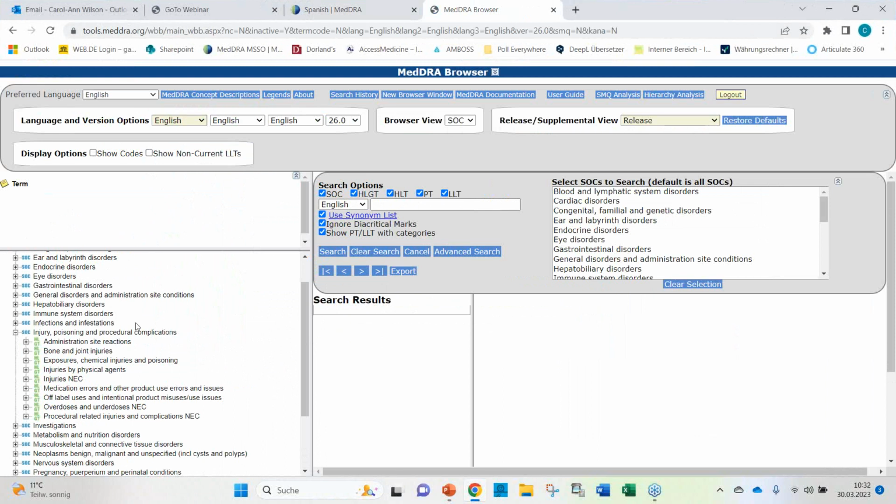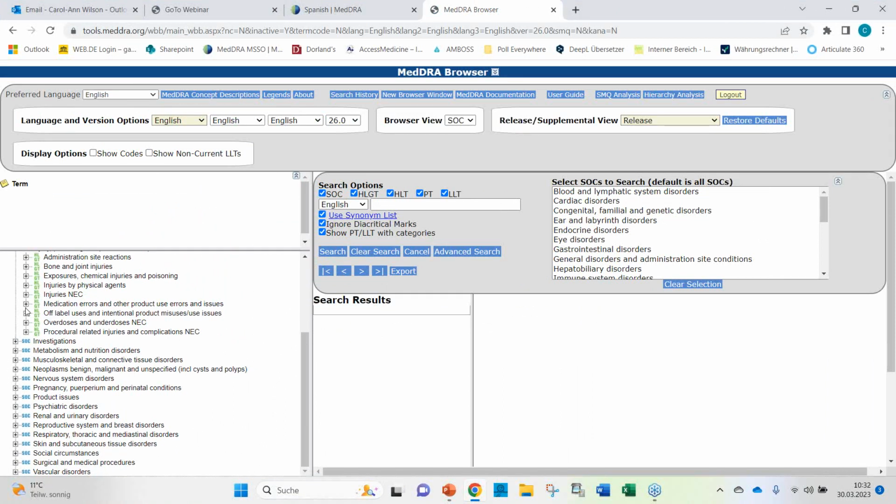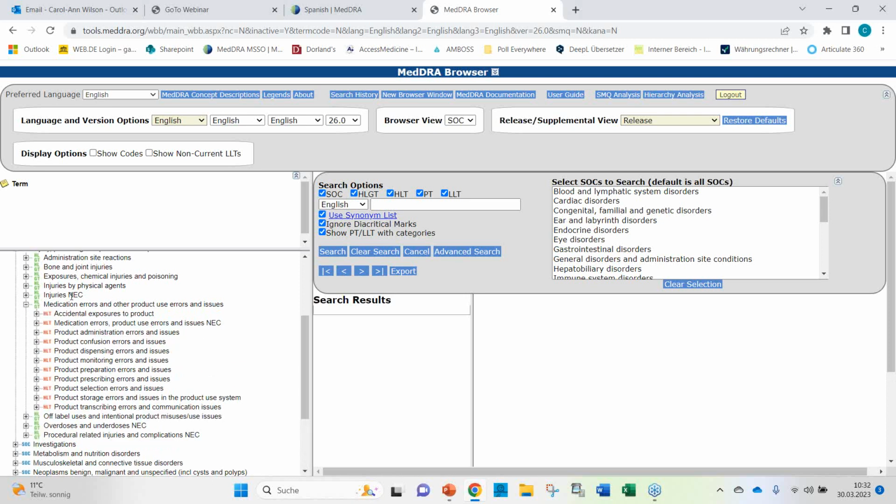Here we are, SOC injury. And here we have the HLGT medication errors and other product use errors and issues at first. So in this HLGT, you find the accidental exposures to products, and then all the medication error, product use error terms.